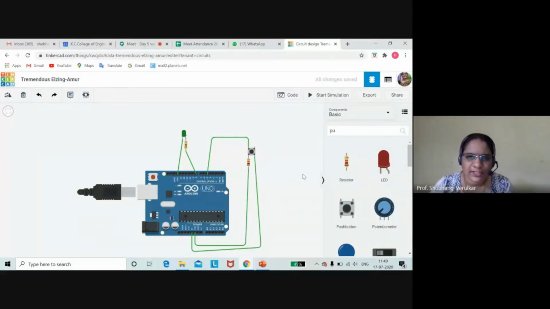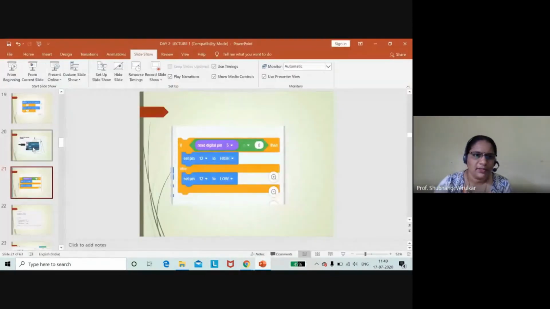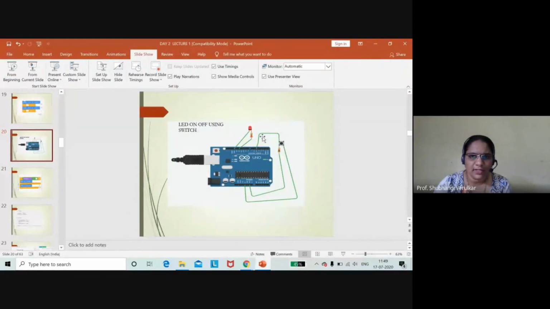Connected to 5 volt. This point is connected to 5 volt. Another point is connected to the resistor, and the input we are giving to pin number 5. I will just show you the circuit once again so that you will not get confused. This is connected to 5 volt, then ground, and then pin number 5.